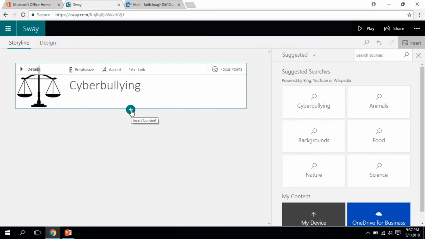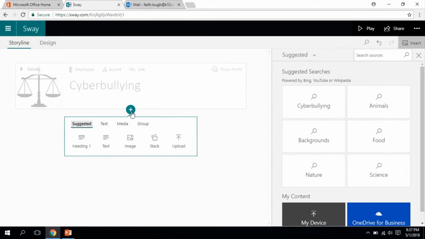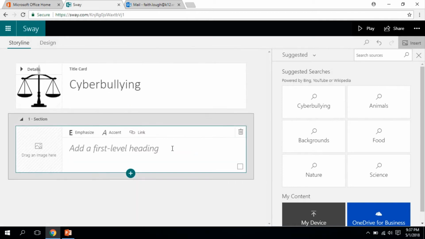Now I'd like to add a new page or a new card. This is much like adding a new slide to a PowerPoint. All I'm going to do is click on this Insert Content or plus sign button. Okay, so here you can choose what kind of content you would like to add. Would you like it to be a heading, simply text, another image, so on or so forth? Again, text, media, you can include videos, you can include audio of yourself speaking or explaining something, but I think I'm going to stick to heading right now. So my first heading